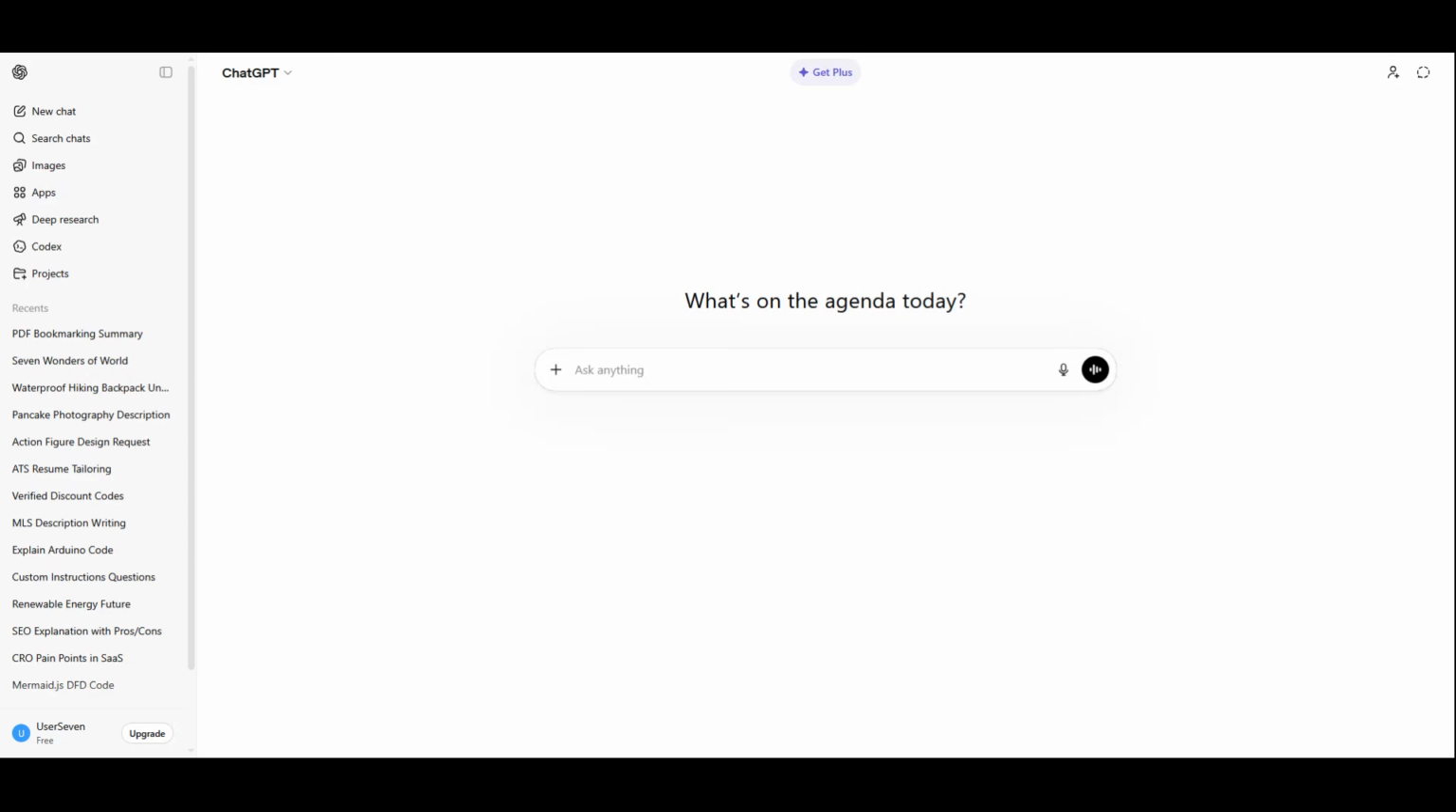If you want ChatGPT to open automatically every time you start Google Chrome, this quick setup will save you a lot of time. In this video, I'll show you exactly how to make ChatGPT your Chrome startup page so it launches as soon as you open your browser. It's a simple change, but it can make your workflow faster and a lot more convenient, especially if you use